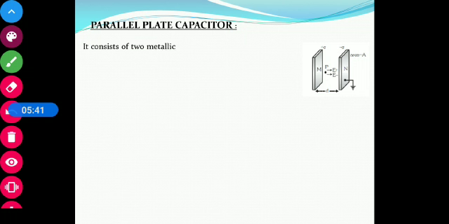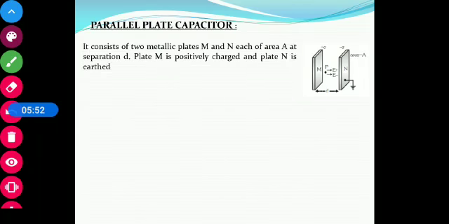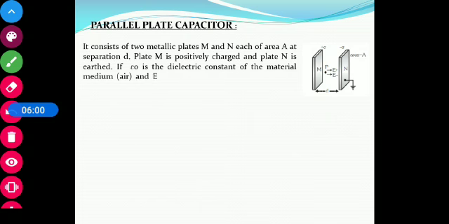Now parallel plate capacitor. This is a parallel plate capacitor having two plates M and N, positively charged and negatively charged. It consists of two metallic plates M and N, each of area A and separation D. Plate M is positively charged and plate N is earthed. If epsilon naught is the permittivity of the material medium, that is air, and E is the electric field at a point P between the two plates, then